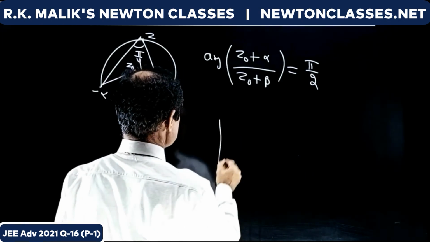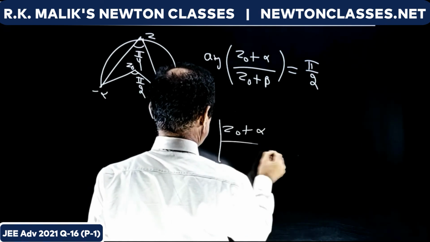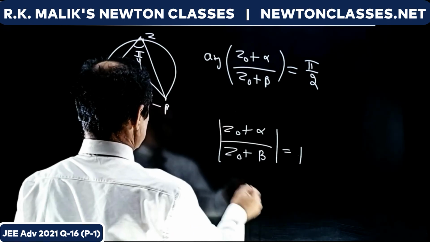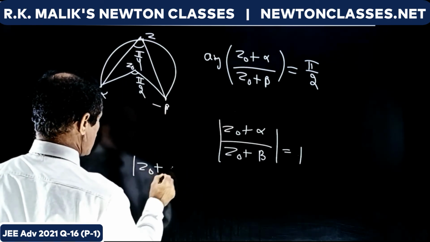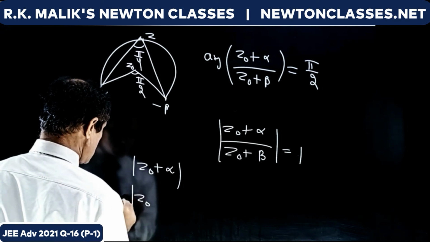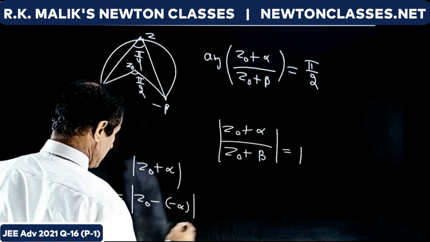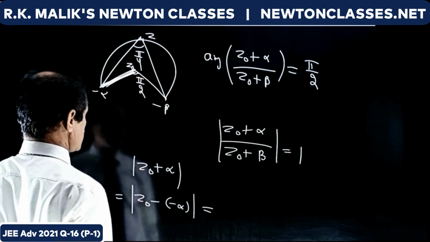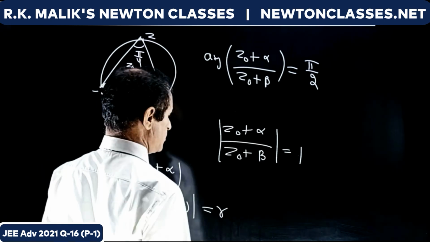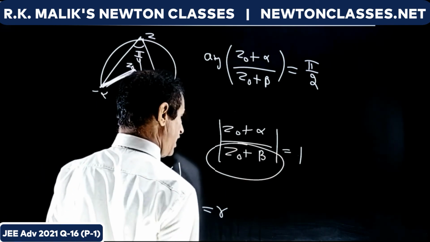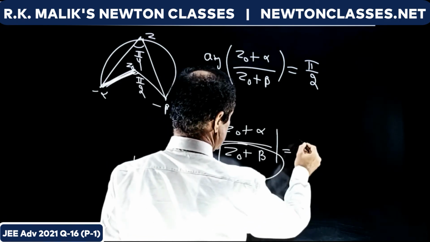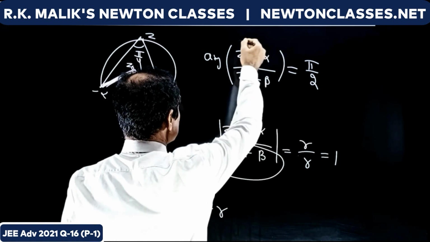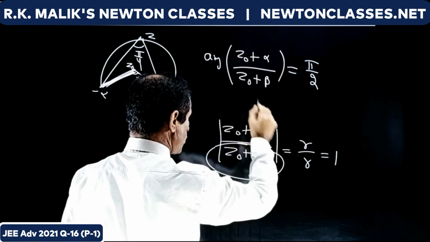And the second thing is, mod of z0 plus alpha upon z0 plus beta is 1, because mod of z0 plus alpha means mod of z0 minus minus alpha. That is, it is representing this distance, which is the radius. Similarly, mod of this also represents the radius, hence it is equal to r by r, hence it is 1. In this way, we have got the argument of this and the modulus of this both,